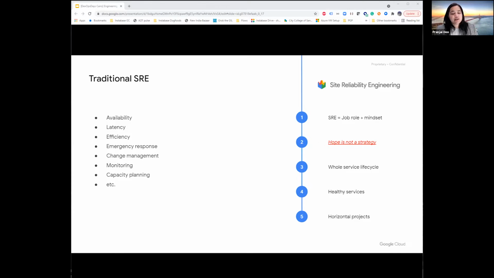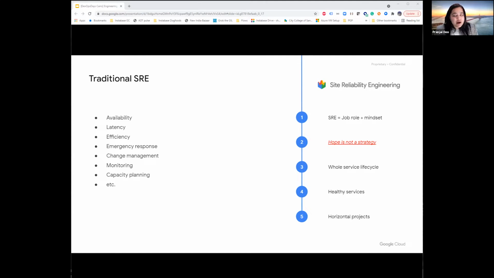Now I assume most of you already know this, but to set some context, especially for folks who may be new to the industry, think of SRE as a specialized job function that focuses on the reliability and maintainability of a system. SRE stands for site reliability engineering. It's also a mindset. The approach to work is that of constructive pessimism, which means you hope for the best, but you plan for the worst, because hope is not a strategy. And of course, primary responsibilities are to ensure the health of a dedicated service in terms of availability, latency, efficiency, emergency response, change management, monitoring, capacity planning, etc.